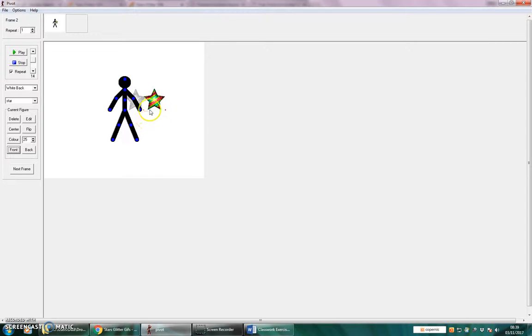Okay, I've resized the star, placed it at size 25, placed it to the right of his hand. Here's the anchor point. Next frame. Now I'm going to send it to the back because I want to be able to move it behind this figure. And I just start the orbit now,